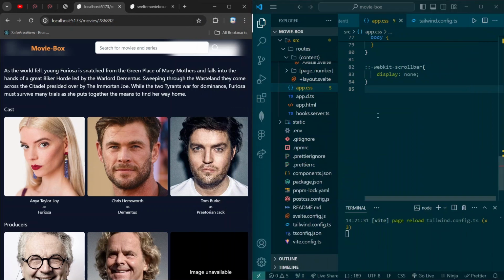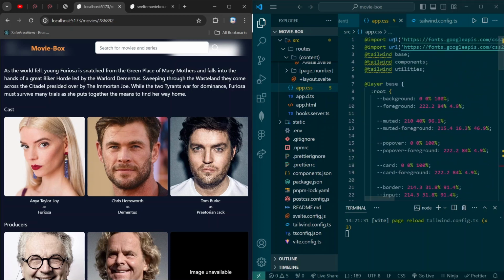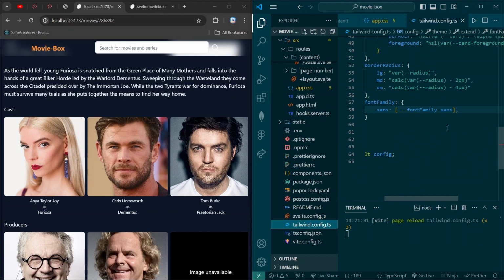Now you're gonna notice that the font didn't actually change. So what we're gonna do is, as we've imported these fonts over up here at the top, we actually have to specify them in our tailwind.config.ts file, which is the configuration file for Tailwind, and we have to tell it that, okay, we have some imported